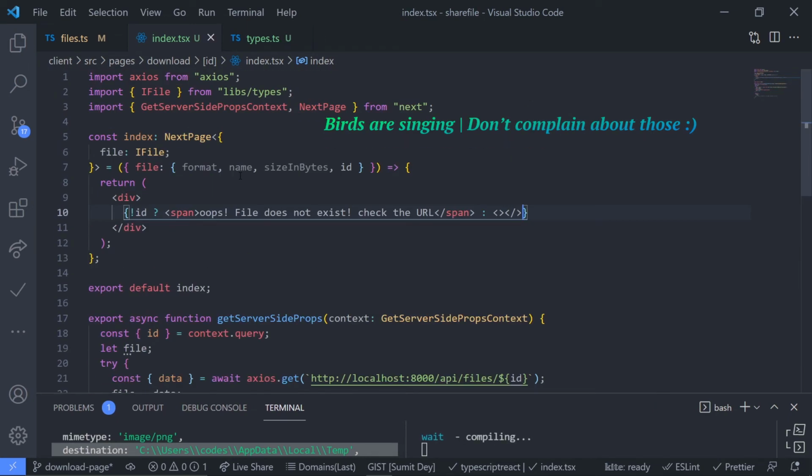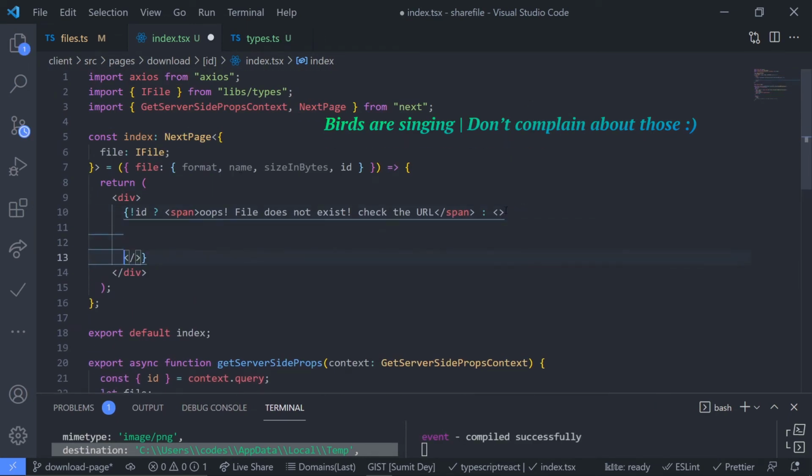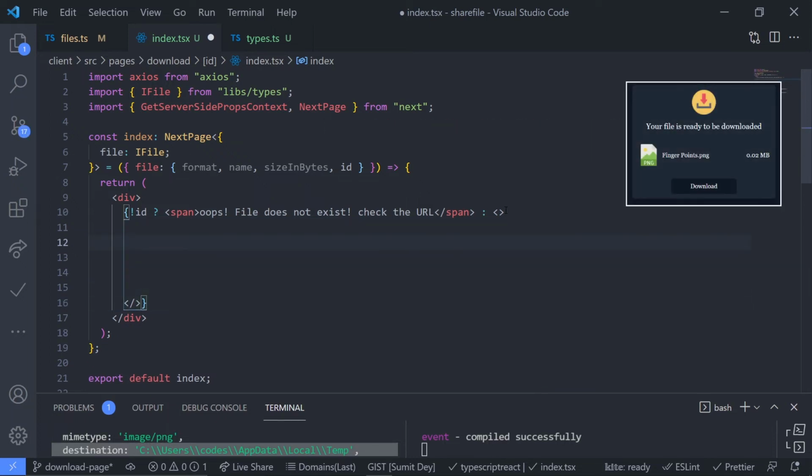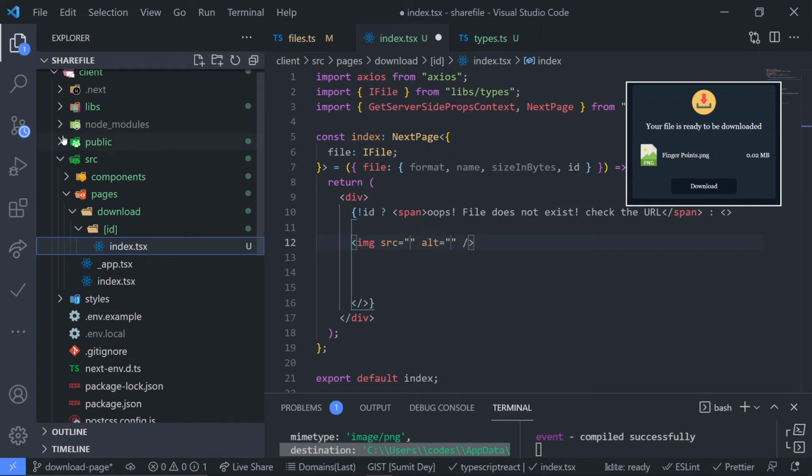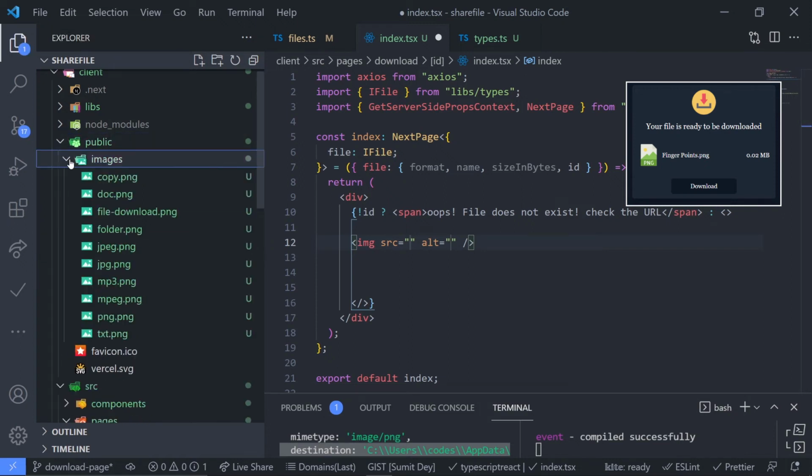Cool. But if the file does exist, inside this fragment, what do you need to do? Inside this fragment, first I'm gonna show an image, which is the download image, and then an h1, something like your file is ready to be downloaded, and then the render file component, and then a download button. So let's do that. First an image, and this image should be coming from the public folder. Inside this public, inside this images folder, I have this file download.png. So just render this